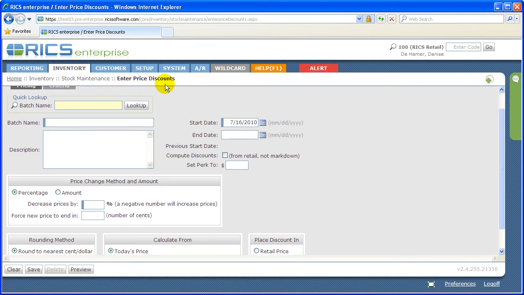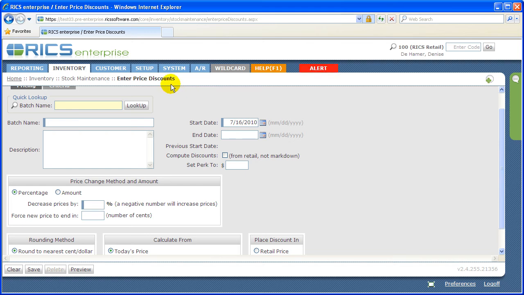So by going into the Enter Price Discounts, this is a great way to do bulk price changes to save you a lot of time. Whether you're doing an entire supplier or an entire class or classes, like it showed you I was doing 350 SKUs. So that way I don't have to go into 350 individual SKUs and do this temporary price change or permanent